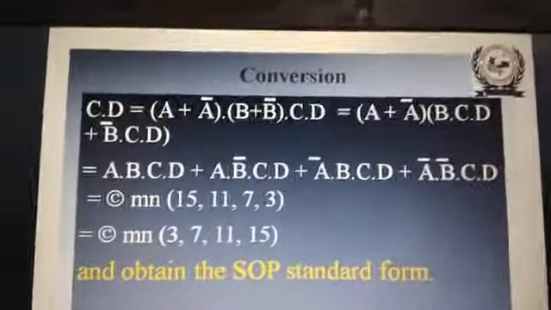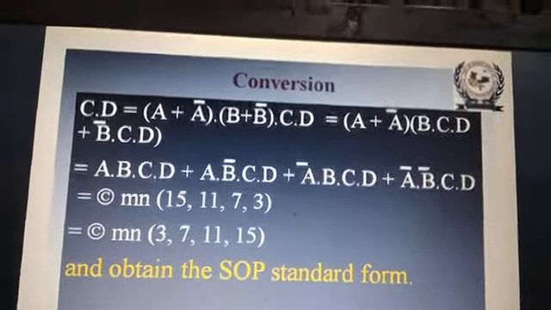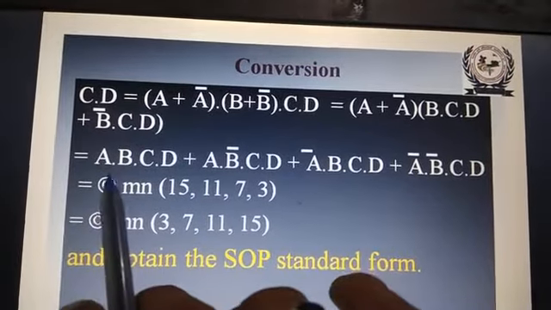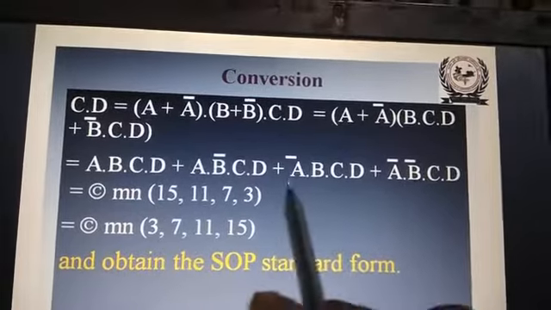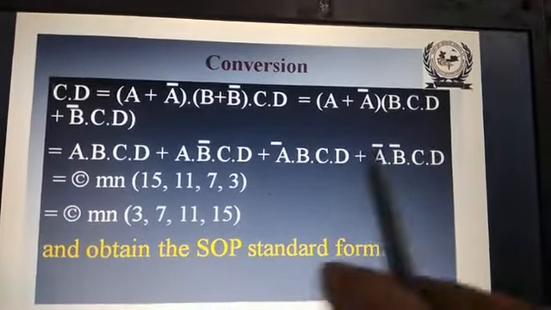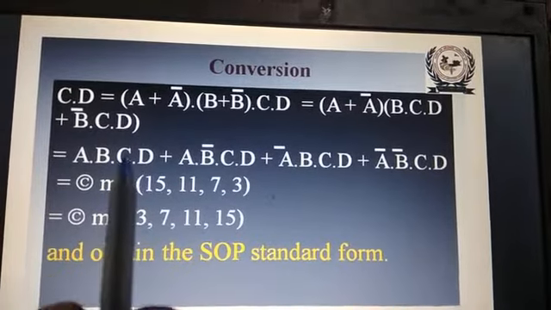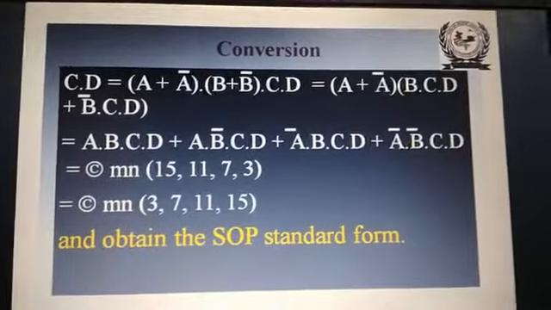Now here 4 AND gates, AND gate with 4 inputs are used, or AND gates with 2 inputs, 2 AND gates may be used, and OR gates are used here. So here we require the 4 input OR gate, or you can say 2 OR gates with 2 inputs can be utilized.